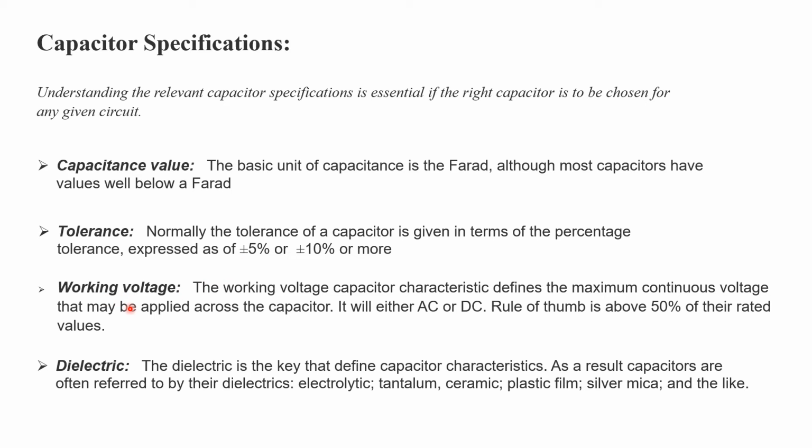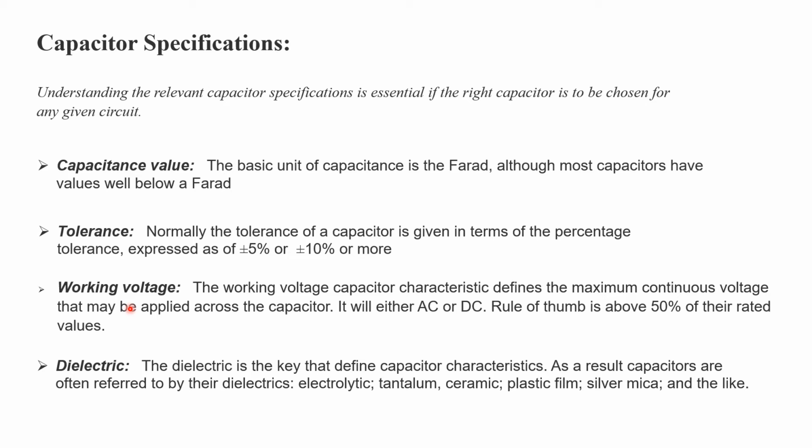Next is working voltage. Working voltage of a capacitor means the voltage you are continuously applying on the capacitor, either AC or DC. In most cases, a designer recommends that you must keep at least a 20 to 30% derating factor. If you don't keep it, and the voltage slightly increases by chance of any surge or any other circuit flaws, your capacitor will open up.